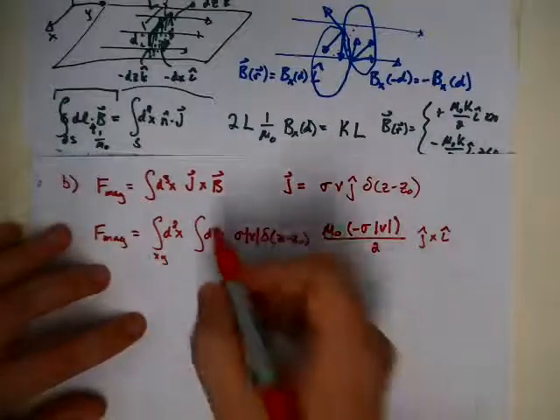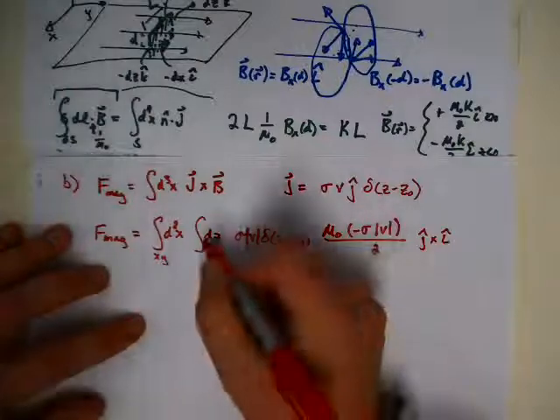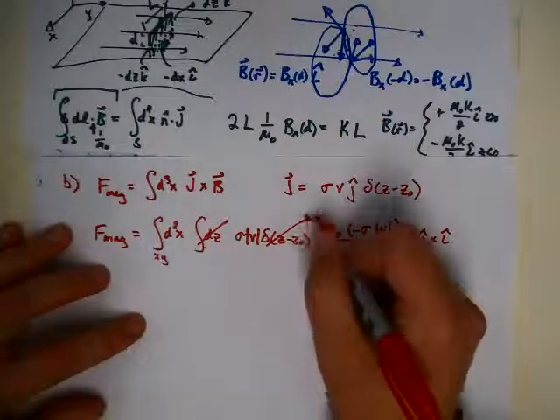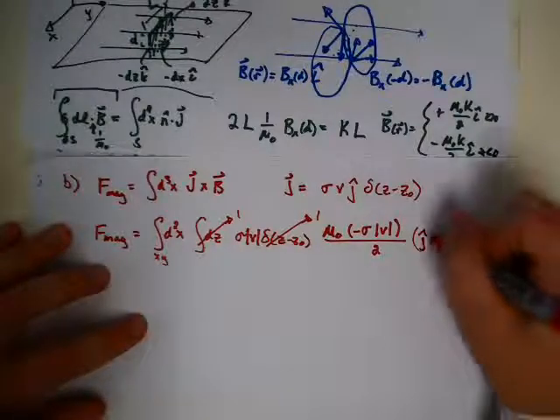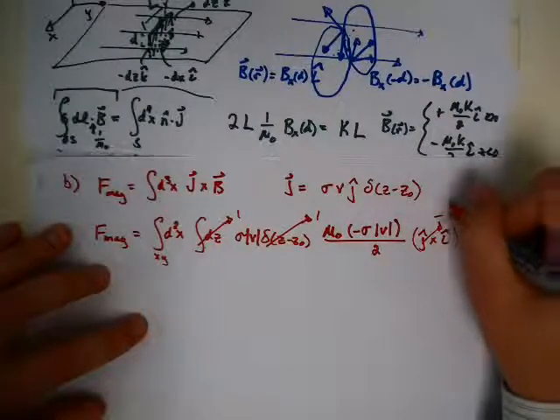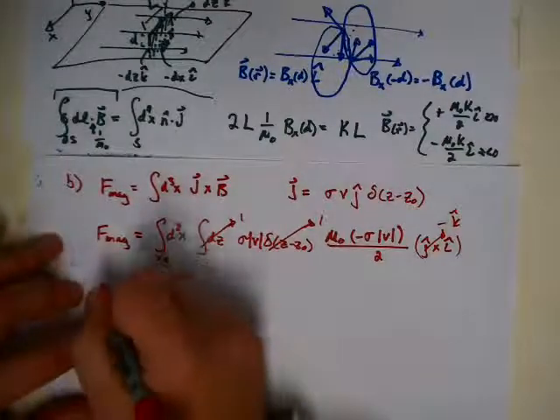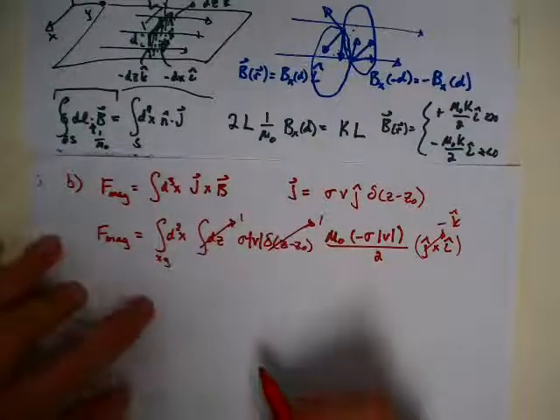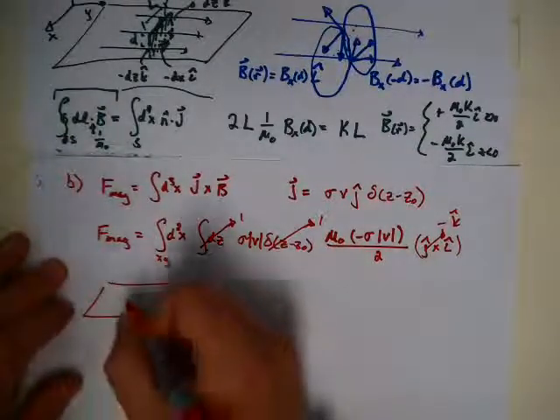So evaluating these, the integral of the delta function is just going to give 1, so that's going to go away. The j hat cross i hat gives minus k hat, which is going to combine with that minus to give us a positive value. And then the integral over the xy, if I look at what this is, so if this is the plate,